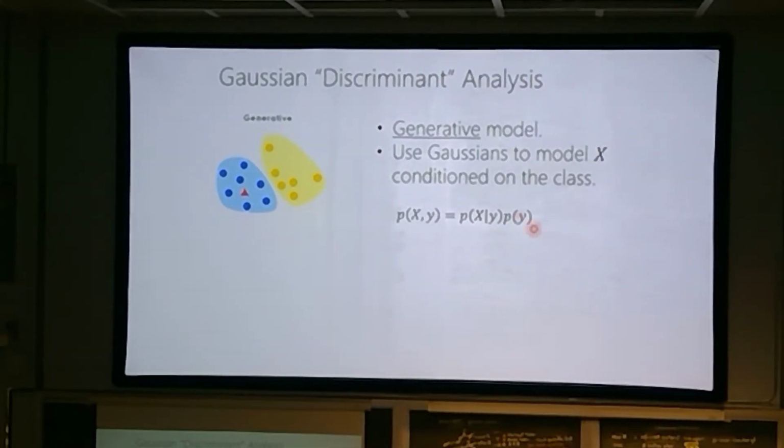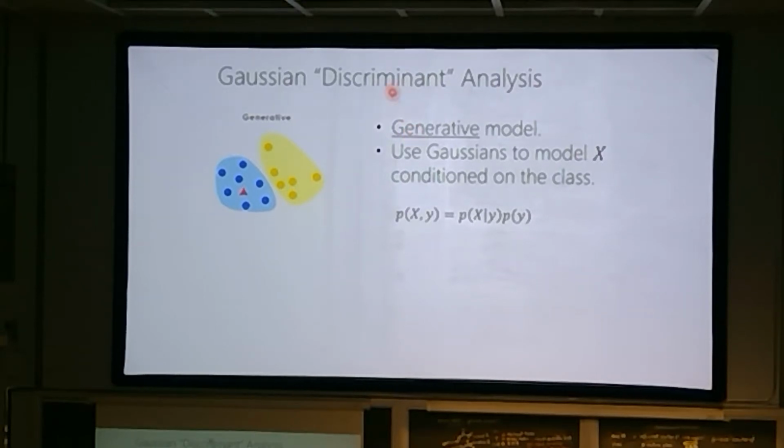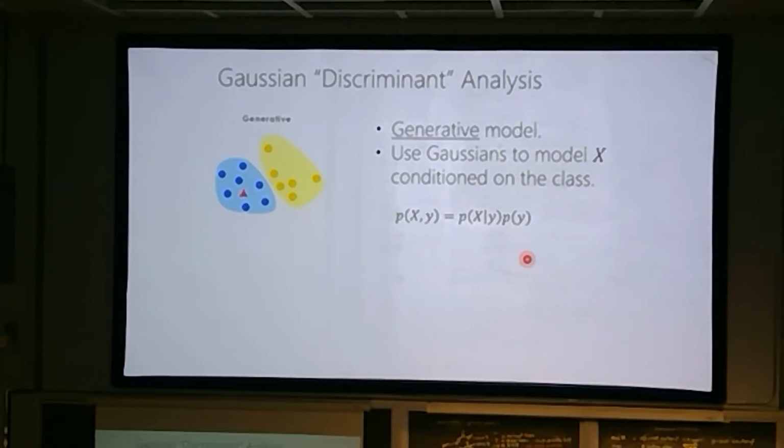And I'm going to repeat a couple of points this lecture just to really drive it home. It's called Gaussian discriminant analysis. Officially, if you Google this, it's not going to have quotes there. I'm putting the quotes there to make sure you know this is actually a generative model because it's modeling the joint probability of X and Y. So just try not to get confused by that.